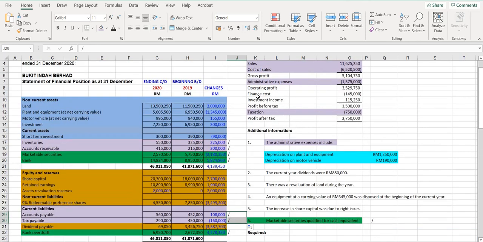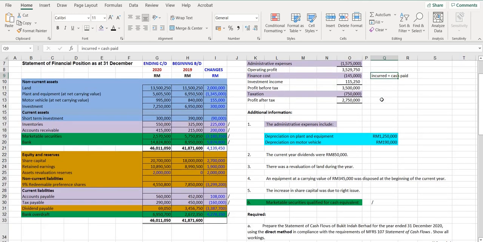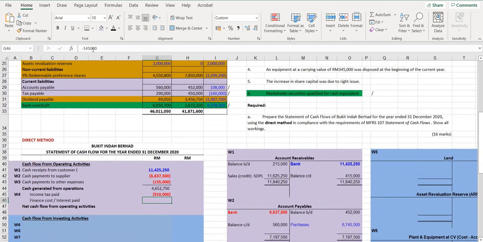So if you check the statement of profit or loss, you would see that this finance cost was actually 145,000. And here you would assume that what you paid is what you incurred. So whatever you paid is whatever you incurred during the year. For that reason, you do not need to reconstruct the finance cost or interest expense account, because what you have here, 145, without any prepaid or accrued expenses, would be what you actually paid during the year. So you put here the amount that you got from the statement of profit or loss, and that one would be